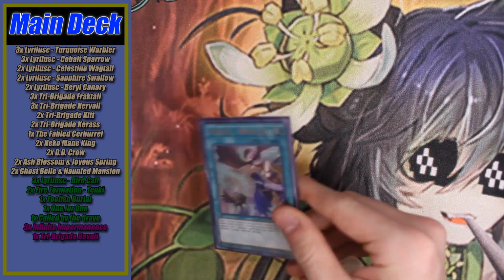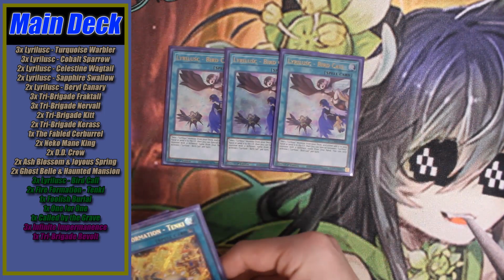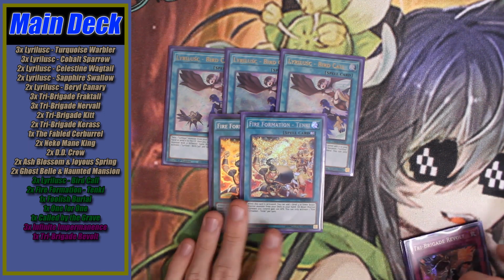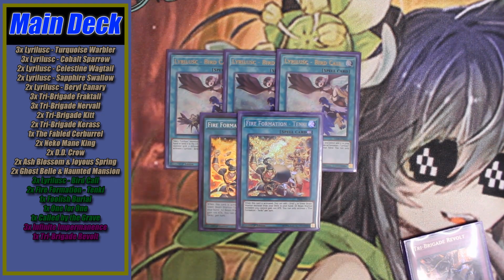So moving on to the back row now, I have 3 copies of Lyrilusc Bird Call and 2 copies of Fire Formation Tenki. Very standard here. I'm very confused as to why Tenki is not at 3. They put Ben 10 to 3, which is a card they put to 2 at the same time as Tenki